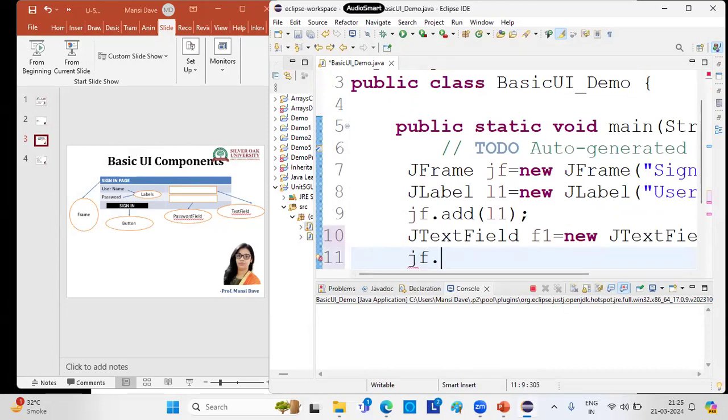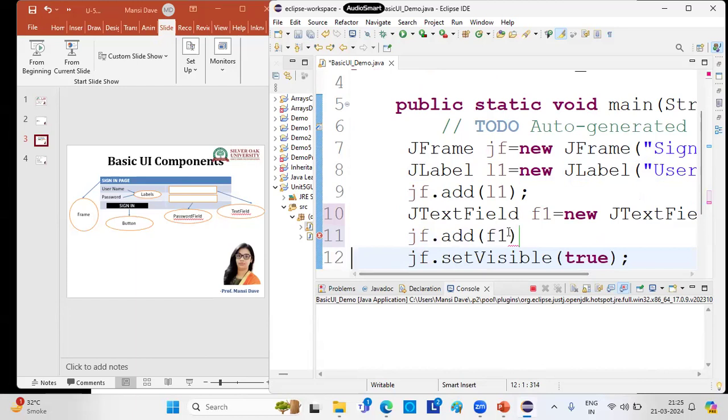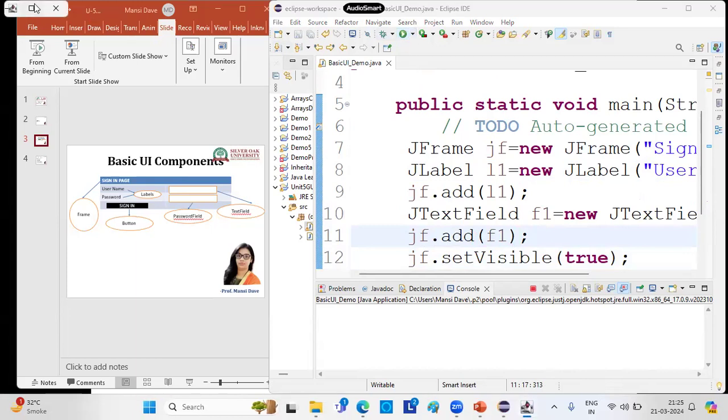And I want to add it inside the frame. So my frame object is JFrame, jf dot add, and pass the f1 here. Now do the semicolon, Control S, and I click on the run button. Once it is open,